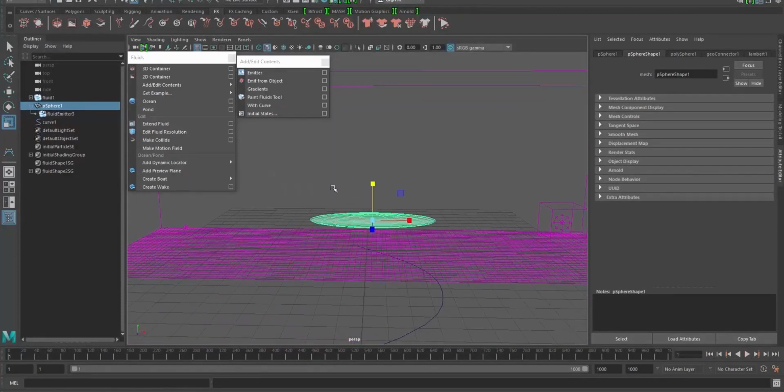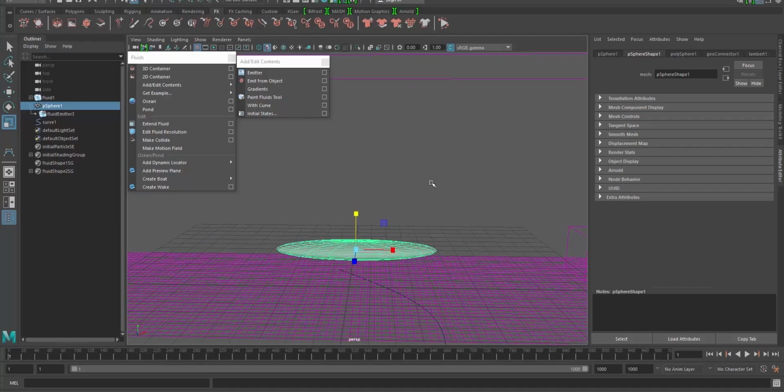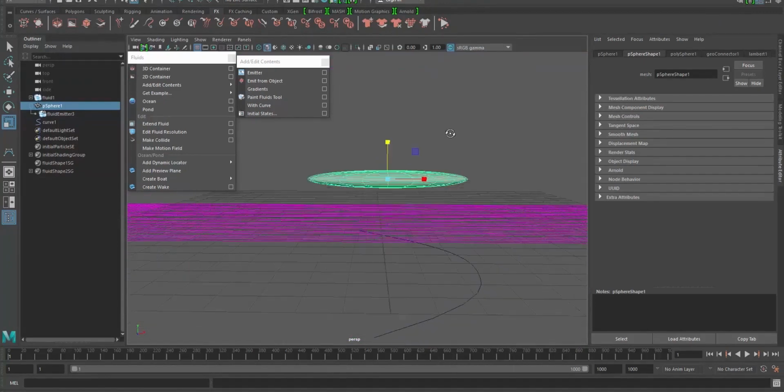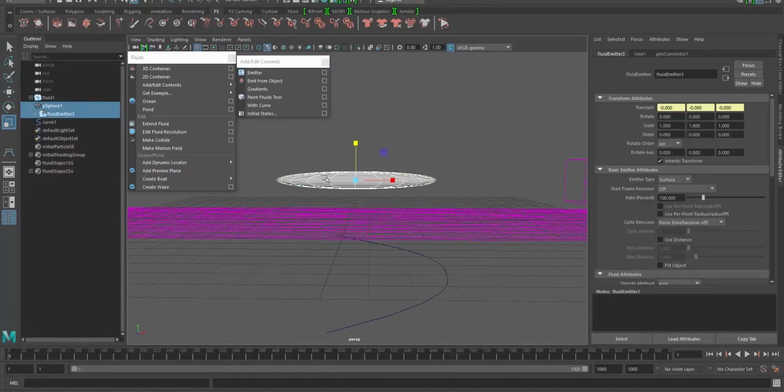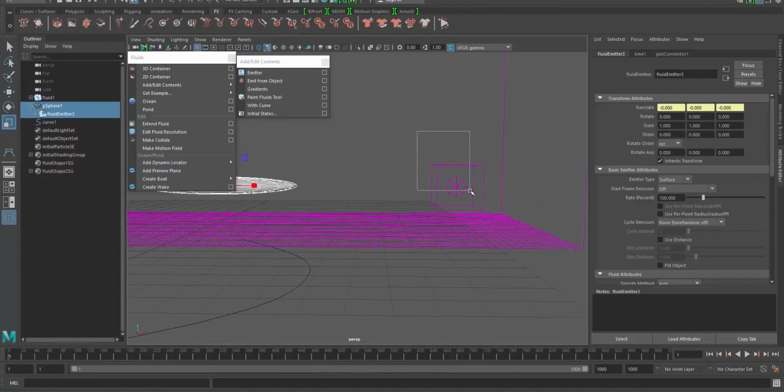And that would be great, because in most cases we're going for this type of emission, because you want to emit from a tire of a car, or a body of a woman or a man, anything. You should just extract the faces that you want to emit from, and then emit from it. So in most cases we will go for this kind of emitter, emit from mesh or object, and the emit